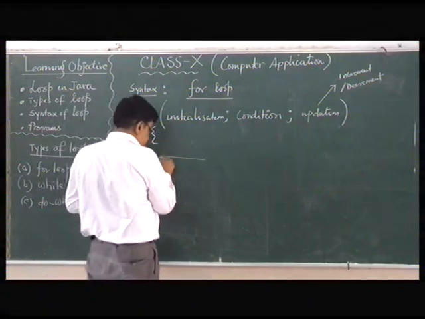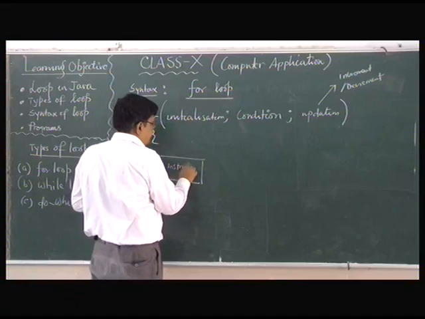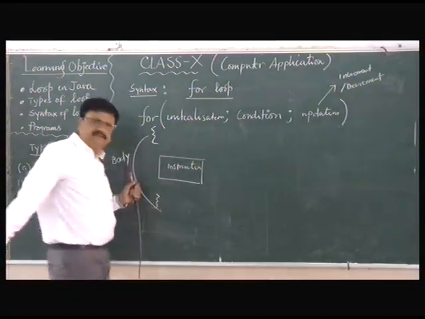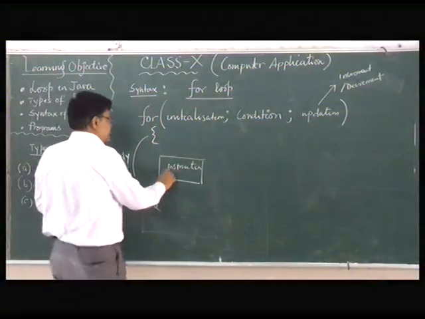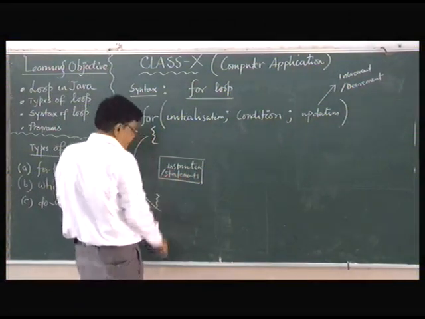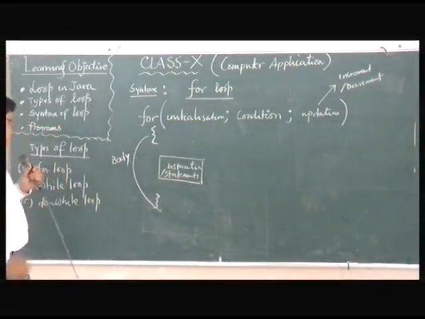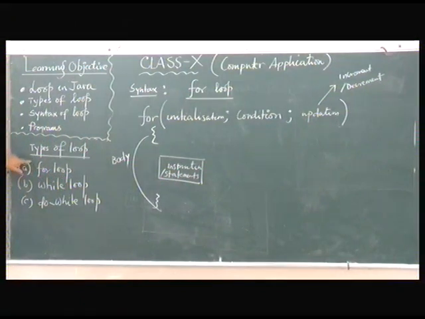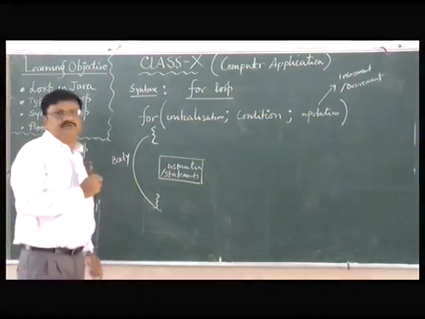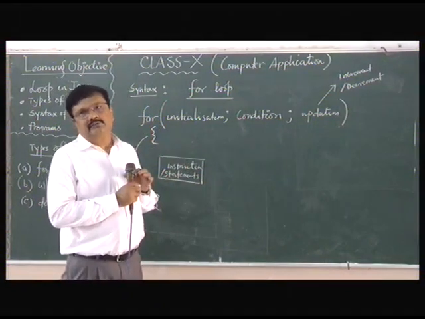That means over here you can write the instructions, statements, whatever you write. Clear? Now let us analyze this for loop. Now what is actually for loop? Among all the types of loop, for loop, while loop, and do while loop, for loop actually comes first because it is known as your what? Entry control loop. Why is it entry control loop?